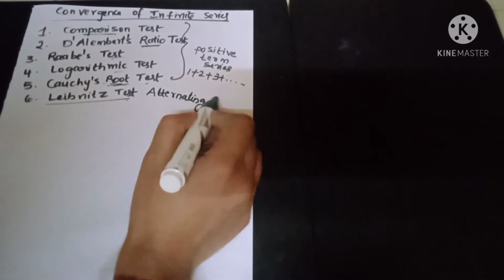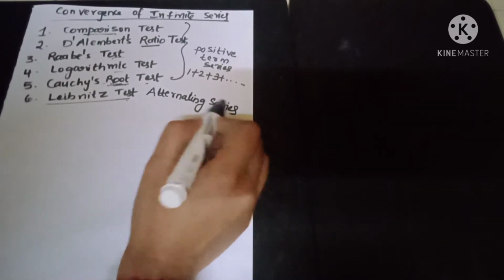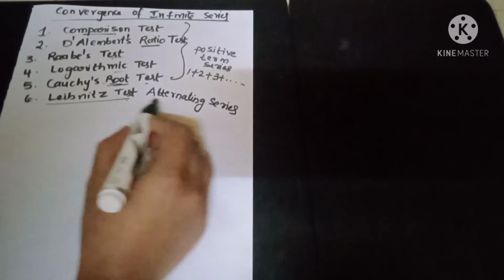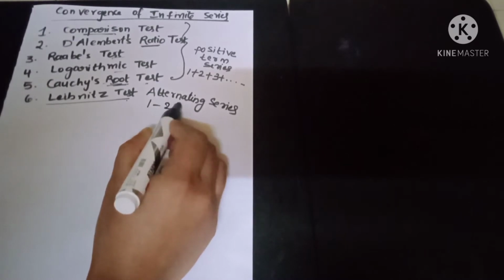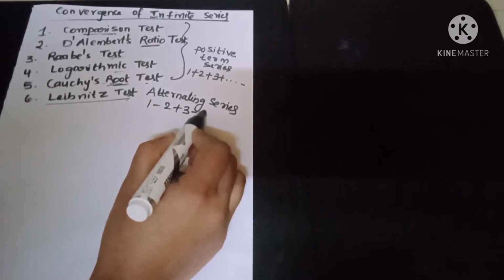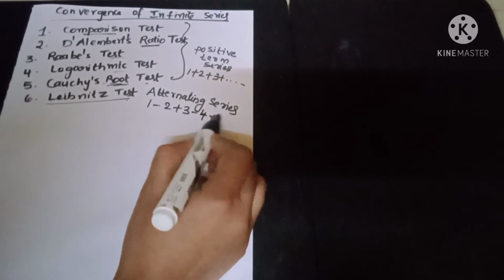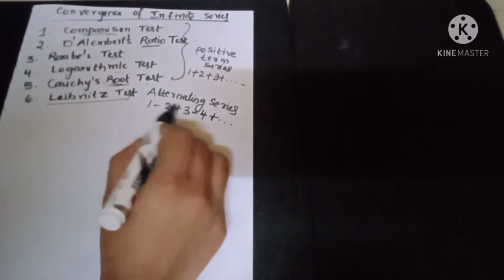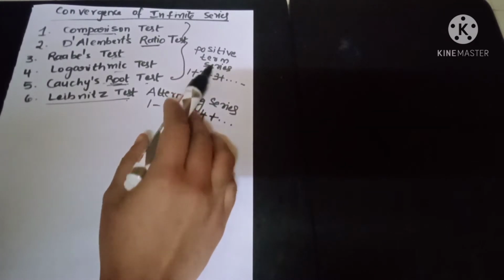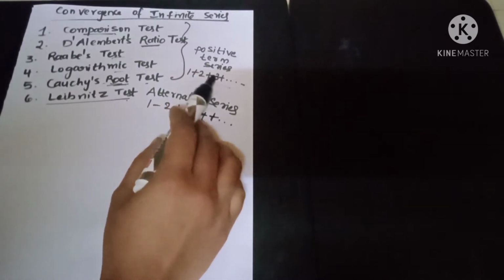When the series is an alternating series, we apply Leibniz test to check whether that series is convergent or not. Alternating is something like this, where plus and minus come alternately in between the terms, and in a positive term series every term is a